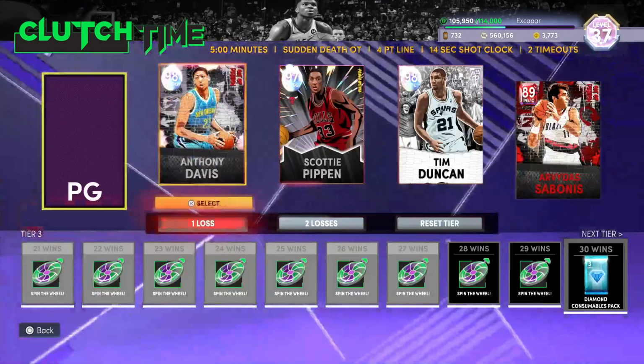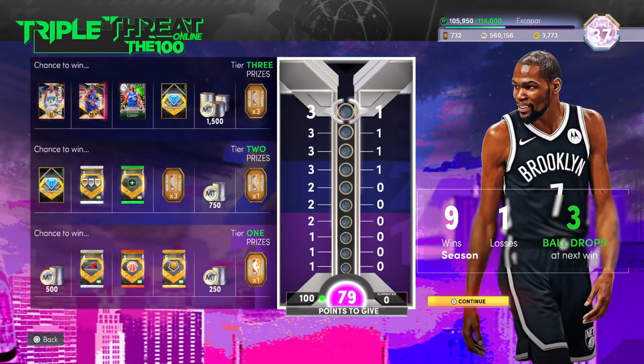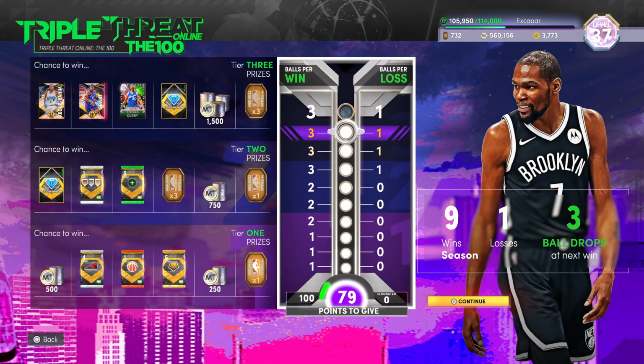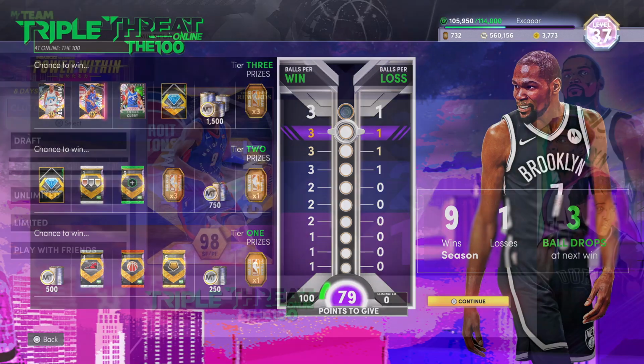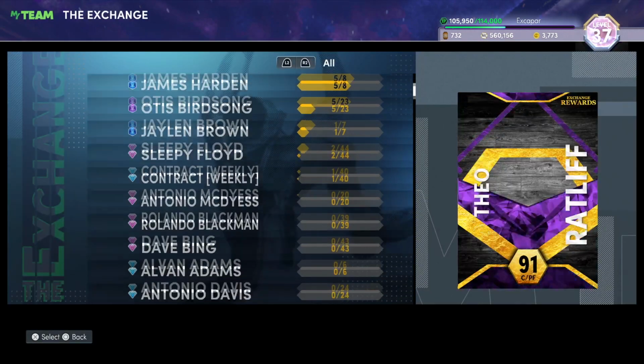trying to grind up some clutch time, try to get some of those diamond consumables, head over to Triple Threat Online and try to get, you know, Steph. You can't auction, so don't even try to get him. Well, get him just to get him once, but then aside from that, I would just ignore him. But just try to get some of those badge packs, the exchange packs, and things like that. Because what you can end up doing with some of those is head over to the exchange and do,